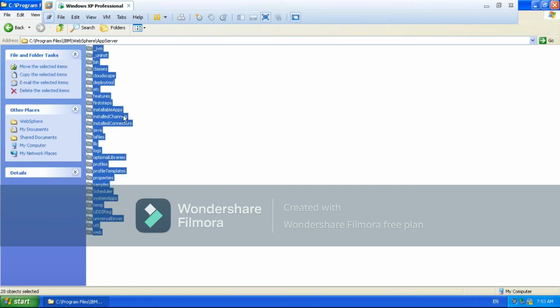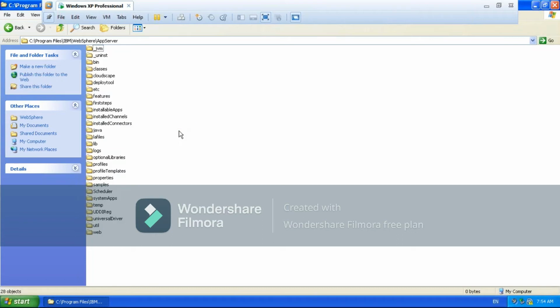What are the product binaries of this? This is the product binaries of base, right? So by using these base product binaries, how many types of profiles can you create? You can create only one type of profile, right? That we already discussed. We can create only one type of profile, but the same type of profile you can create n number of times. As it is only one type of profile, by default the profile will be created already.